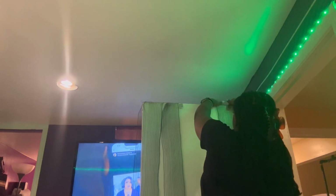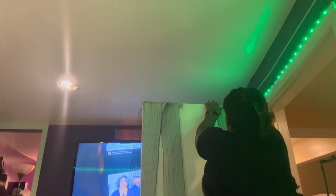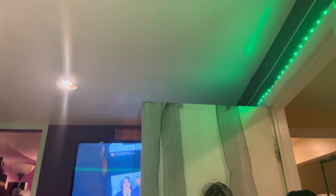Okay, now I'm going ahead and doing the second side of my door. I just left the middle side of the door open because I didn't anticipate that I needed 3 of them, because if I had 3 then I would have just done the whole door, but I kind of just left it in the middle since I already have an A in the middle anyway, so it won't cover the A. Okay, second strip on. So now I am just adding a little more tape so that it could be secure,